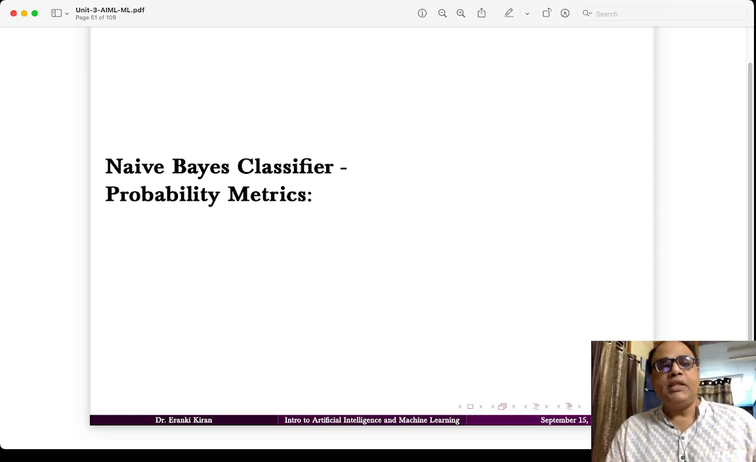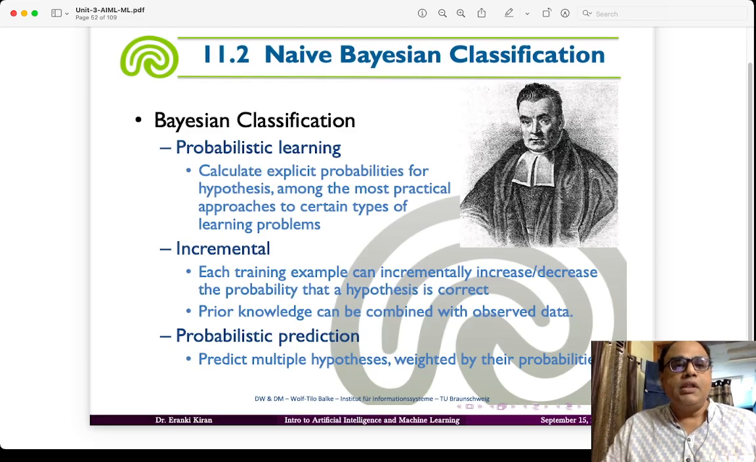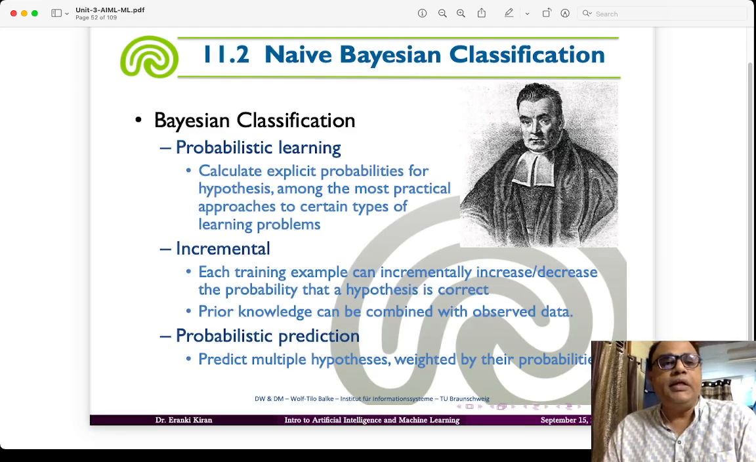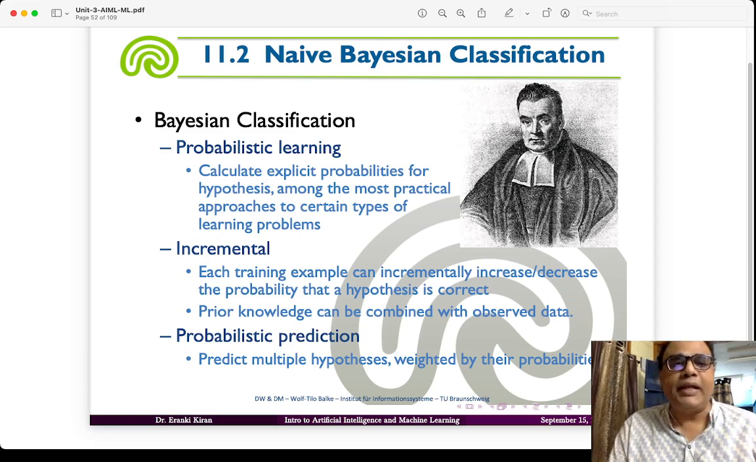So naive-Bayes classifier, as the word itself says, naive. It is a very basic or fundamental classifier. It's very primitive in nature and it mainly works based on the probability matrix. So Bayesian classification primarily looks at the probability of occurrence of a particular class or label. So what is the probability that the person plans to buy this laptop? Yes or no. So it primarily calculates the explicit probabilities for hypothesis, among the most practical approaches to certain